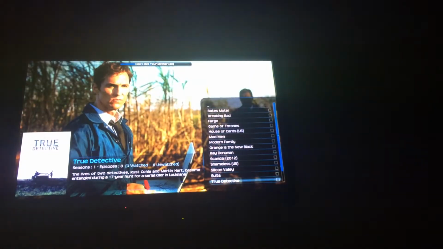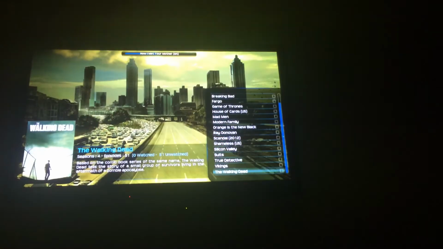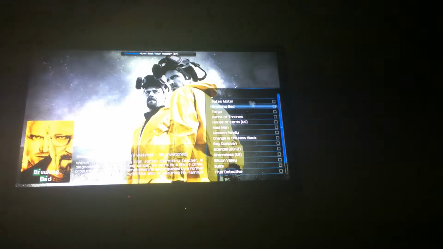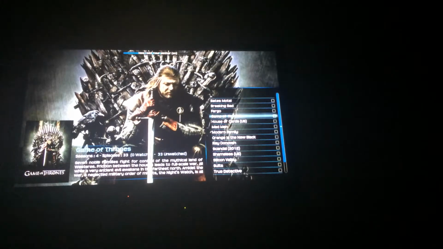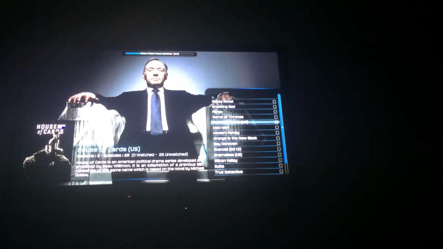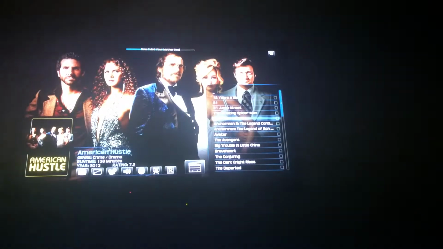The library functionality makes things easier on you only because it creates a shortcut for you, and it creates a really organized way of viewing all of your media. So this is the TV show section. The movie section is pretty much the same thing, only with movies there isn't a subscription. It's just straight